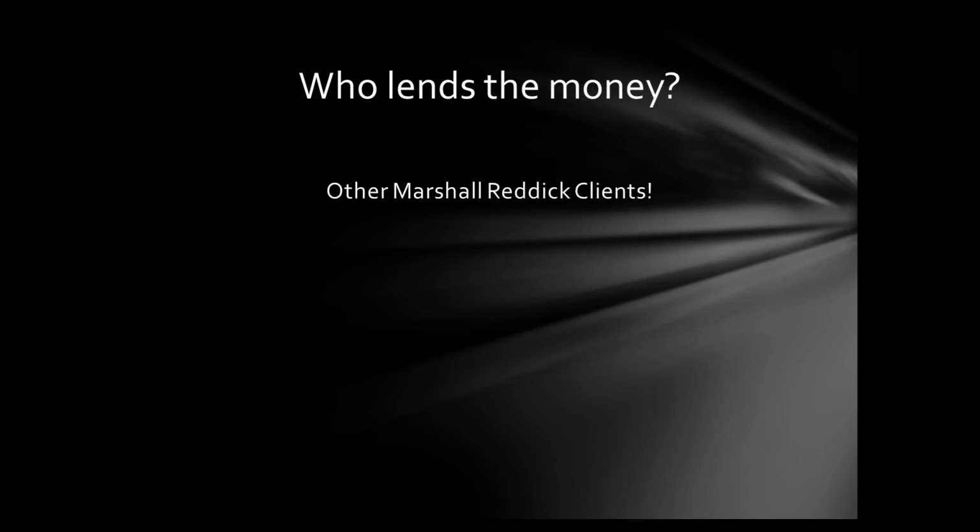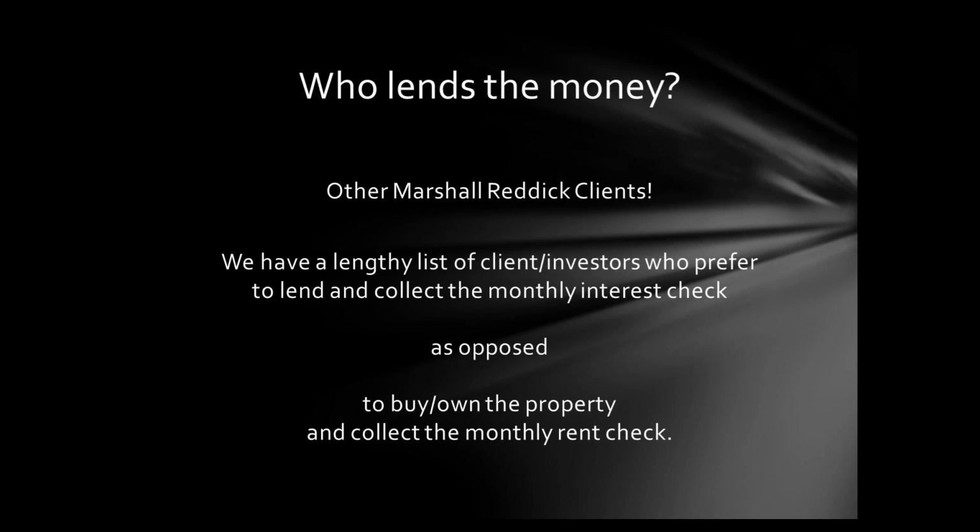So as we talked before, who lends the money in this program that we're talking about? It's other Marshall Reddick clients, right? So we've got a lengthy list of clients and investors who prefer to lend and collect a monthly interest check, as opposed to buying and owning the property with the premise of collecting a monthly rent check, right? So just know that Marshall Reddick is not lending the money. It's a private investor, and we hit the numbers every single time. We're not a huge shop. We're currently funding an average of about 30 loans a month,